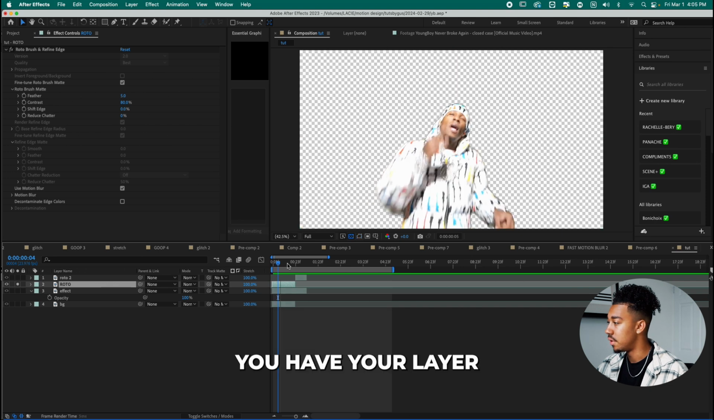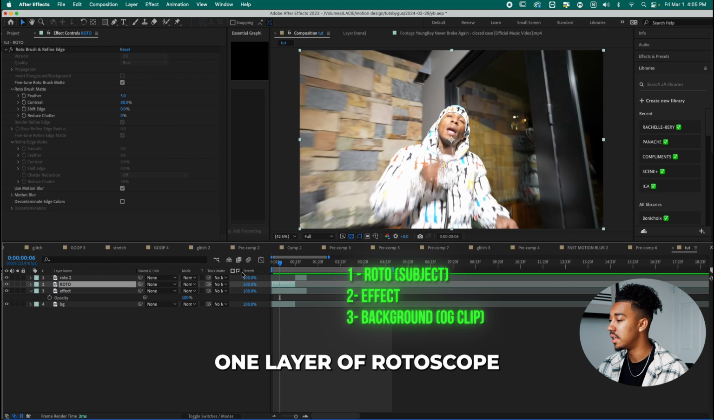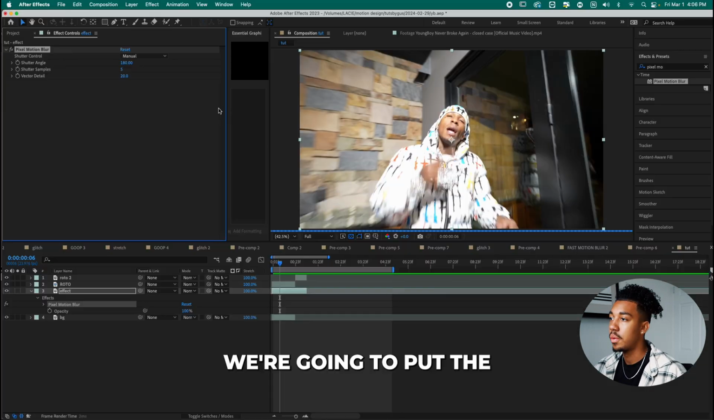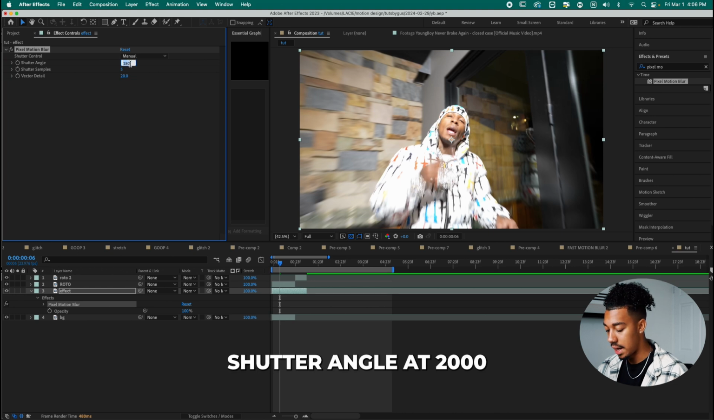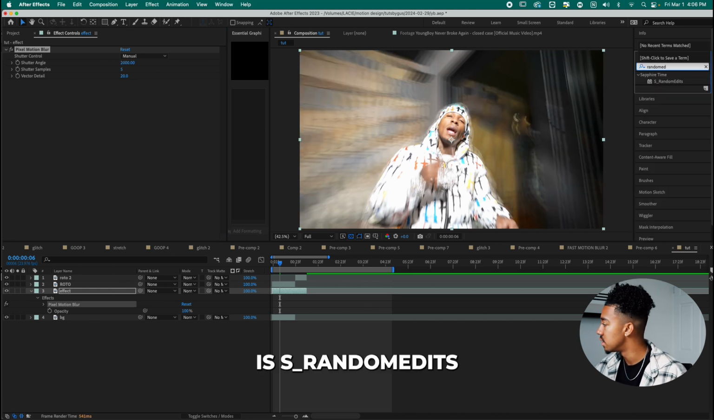So when you have your layer roto brushed, don't mind the 2 layers. It's supposed to be 1 layer of rotoscope. So the first effect we're going to apply is called pixel motion blur. We're going to put the shutter angle at 2000, and then the second effect we're going to apply is Sapphire